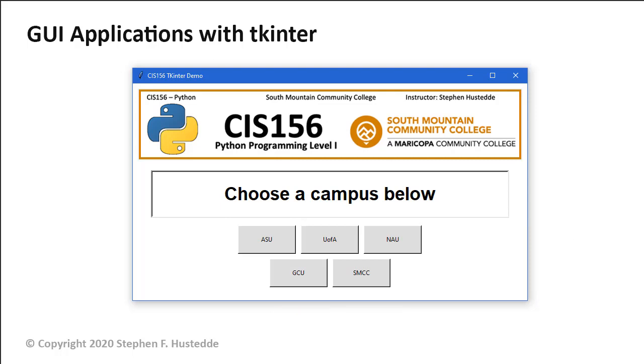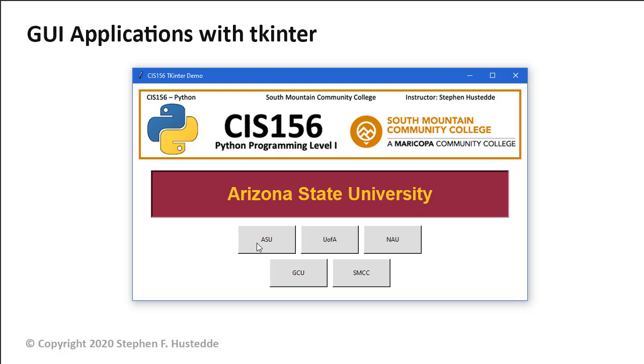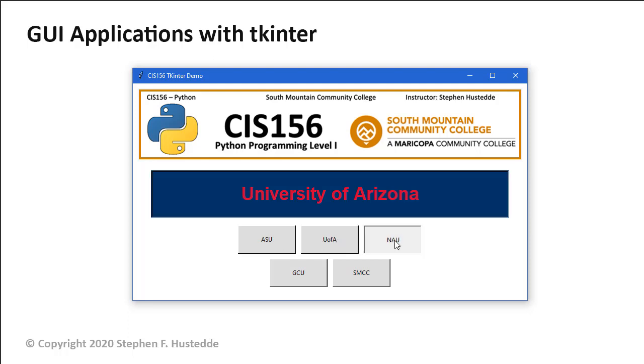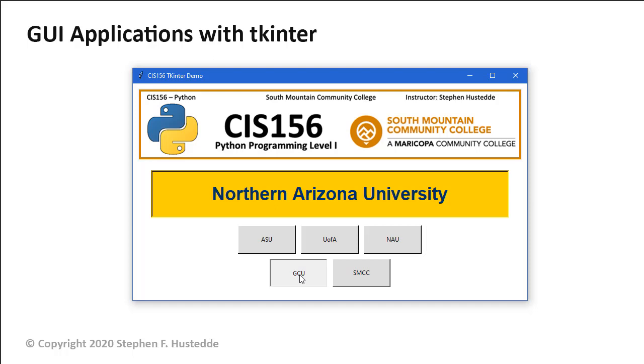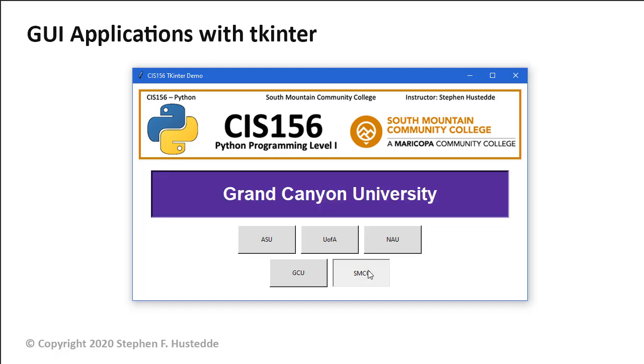So here's our Python program, a little bit different than we've seen before, and it is a graphical user interface. So I have a label here that's simply showing an image, and then I have another label with some text in it, and 5 buttons. When I click one of the buttons, I'm going to click the button that says ASU, it changes the text of the label, but also the background color and the foreground color to match the colors of that institution. So of course ASU we know is maroon and gold. U of A, University of Arizona, Northern Arizona University, Grand Canyon University, and of course our very own South Mountain